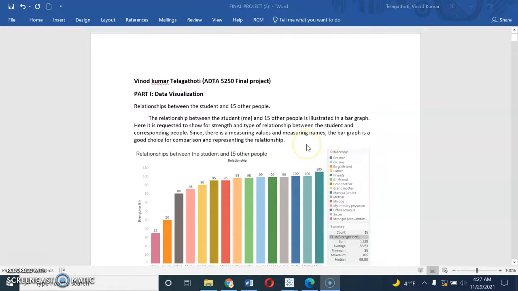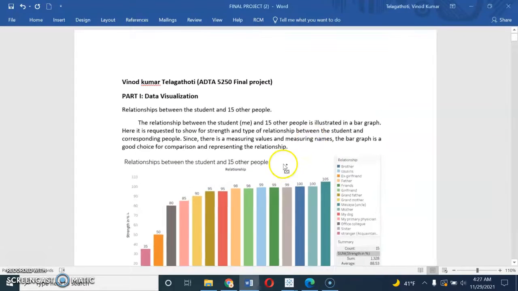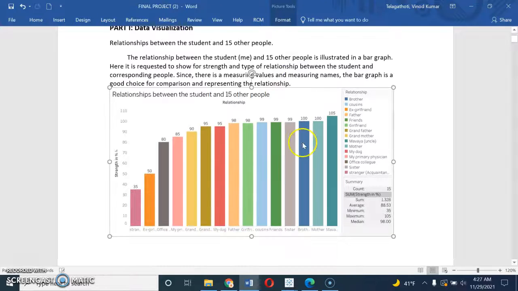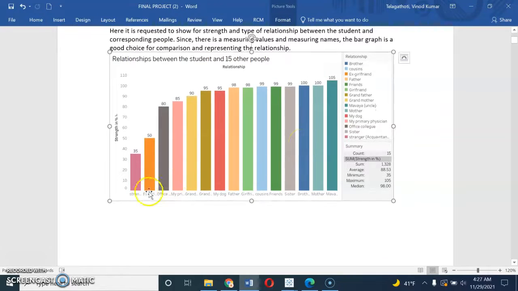This is the bar graph. As you can see, the lowest is the stranger or acquaintance with 35%, and the highest is uncle with a little more than 100%.